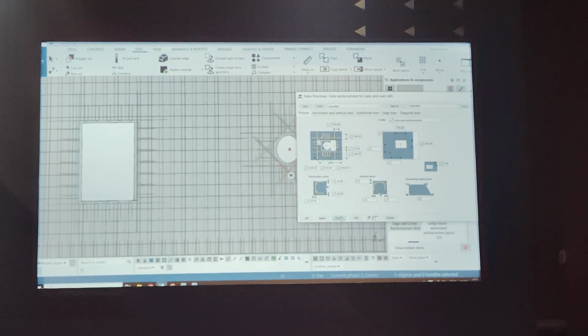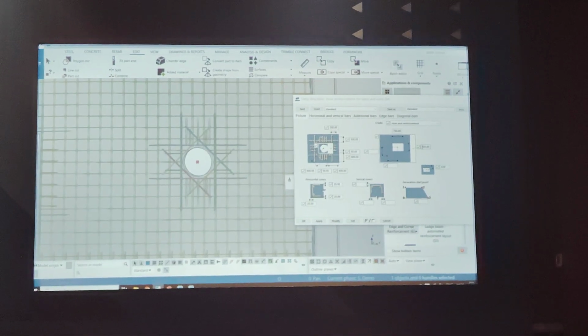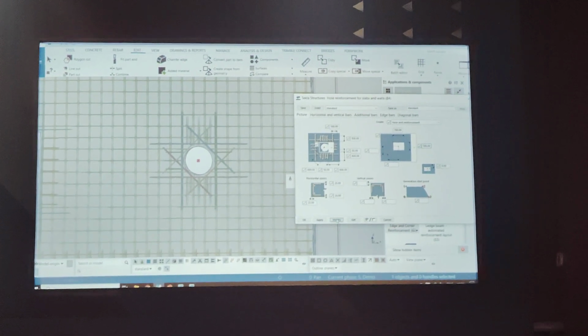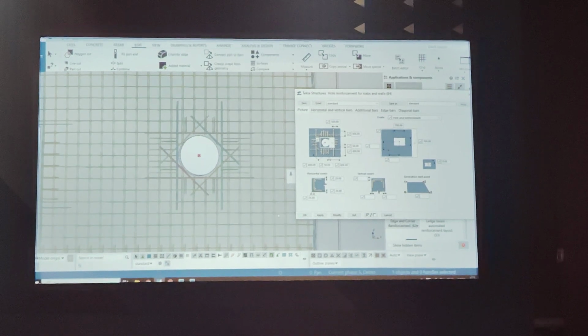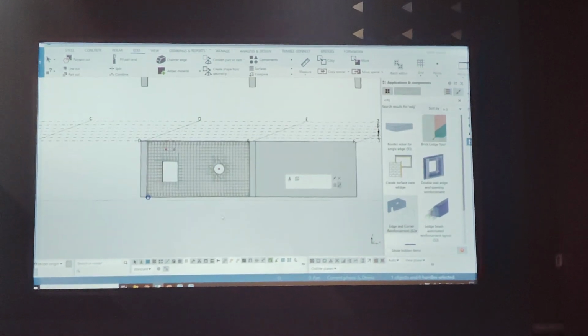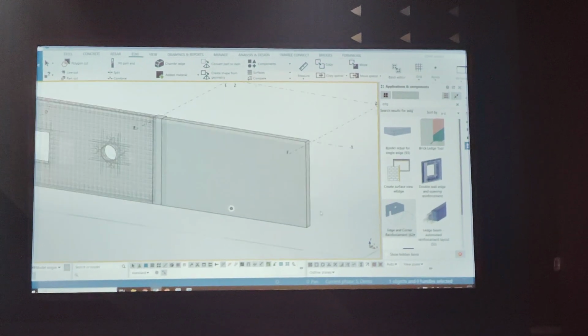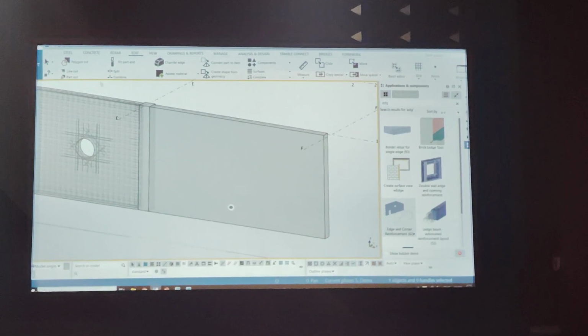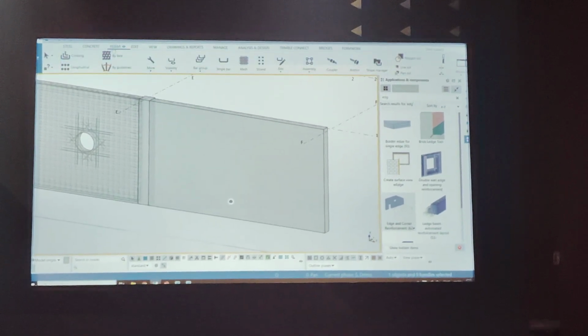Let me make this a circular opening. You can change its size, make it 750 or 700, so your reinforcement is going to get updated according to it. Okay. And similarly, if you want to add some manual reinforcement, like for example, we have some specific requirement where